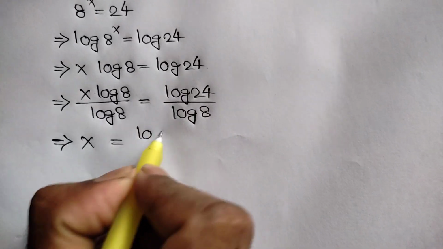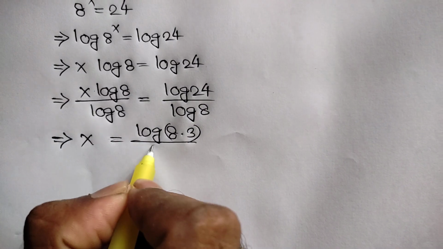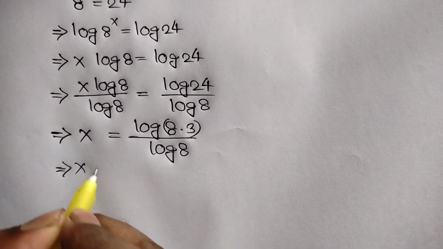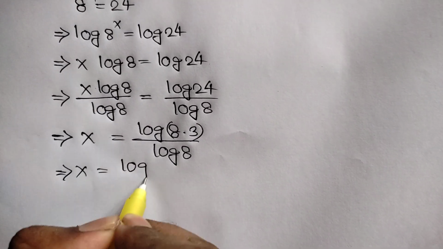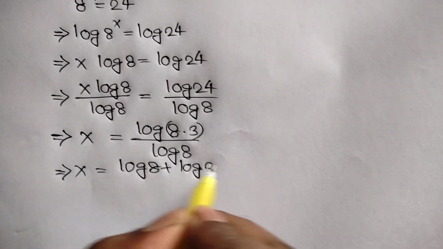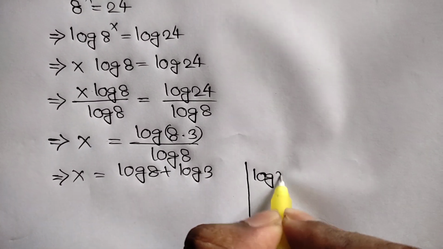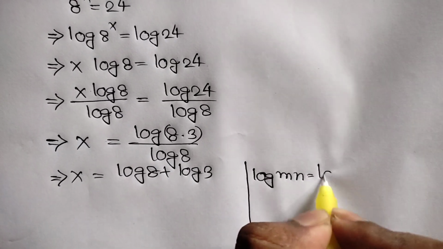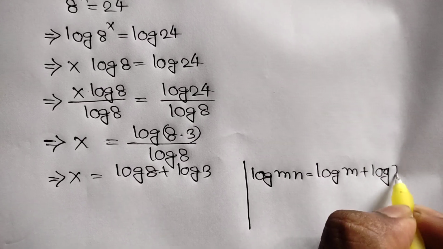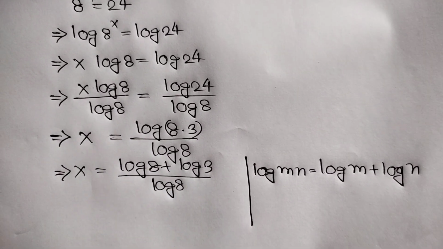here we can write log of 8 times 3 over log of 8, or x is equal to log of 8 plus log of 3. According to this formula, log of mn is equal to log of m plus log of n over log of 8,